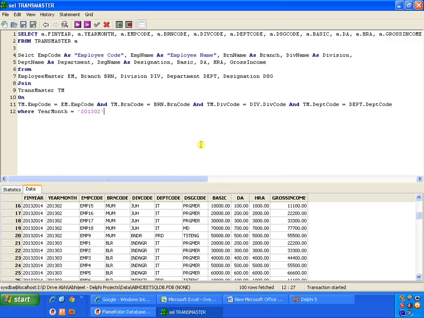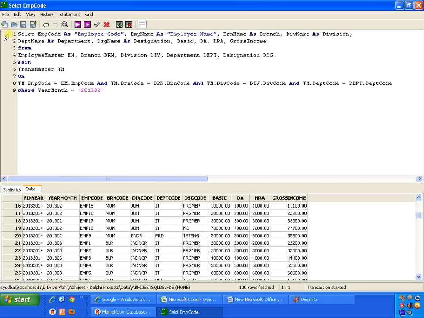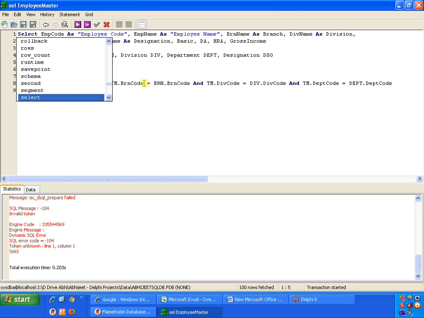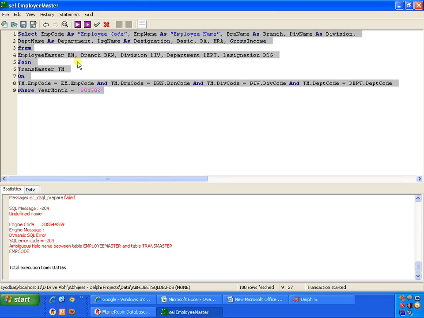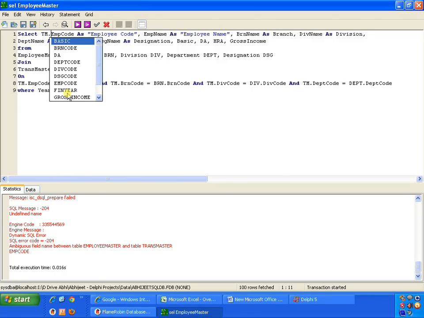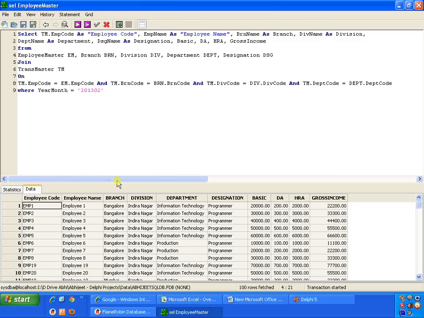Since the year month column is there only in the transaction master, there is no need to prefix it with the alias name, and execute this. Oh, it's saying select, so execute that. Oh, ambiguous column, as you could see here, we need to take it from the transaction master table. Let's execute. Yeah, now as you could see here, we have